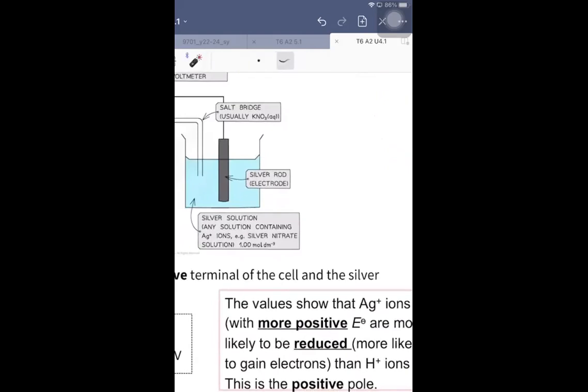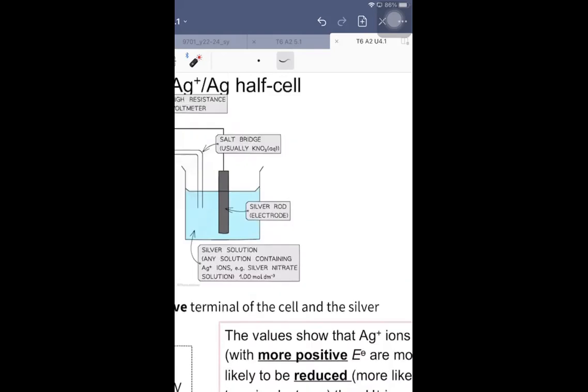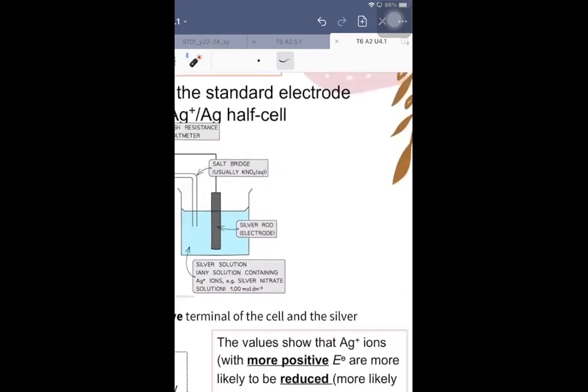So you see here the system of H plus and hydrogen gas, the potential difference or the voltage is 0, as expected, because we always take hydrogen as our standard reference. And then the silver ions and silver half cell will read out 0.80 volts. In an electrochemical cell like this one, where you don't have currents or power supply,